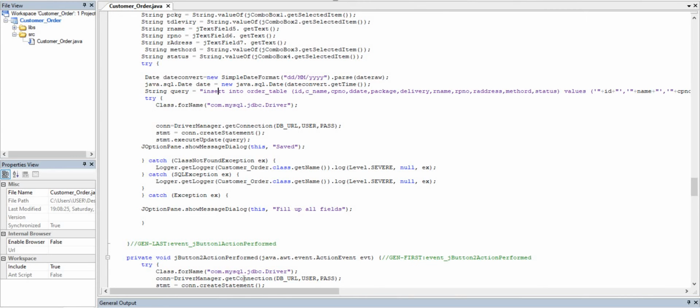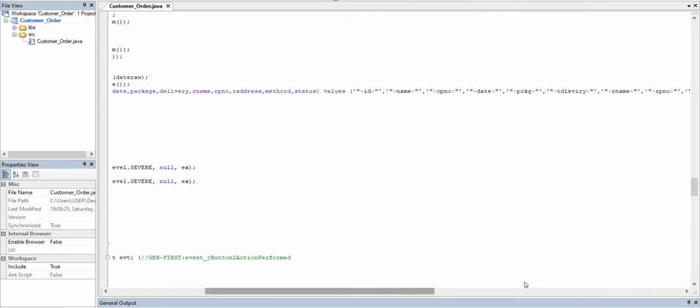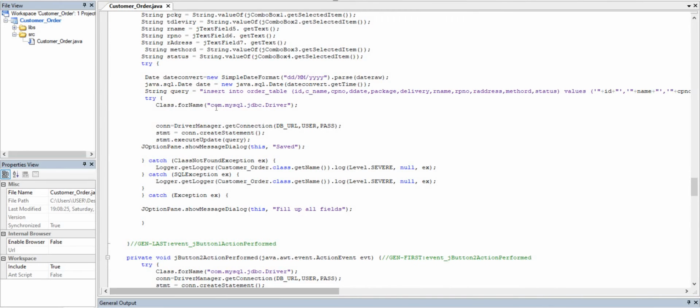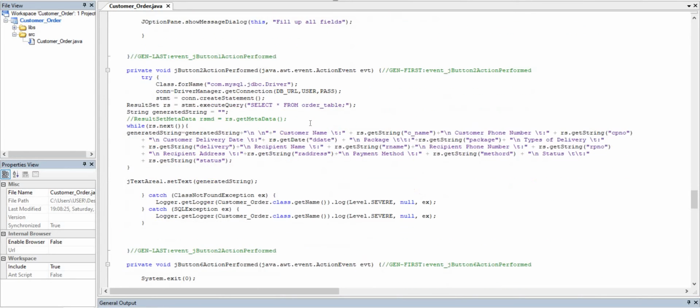Then this one is the coding for the database to insert. So here we put whatever the ID is. Then here we connect to the database. If it succeeded, it will say saved. If all the text fields are not filled up, it will say fill up all fields.